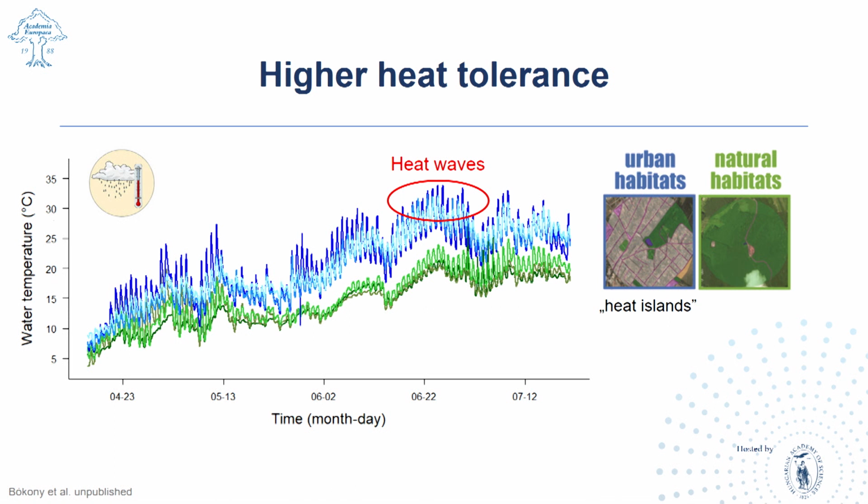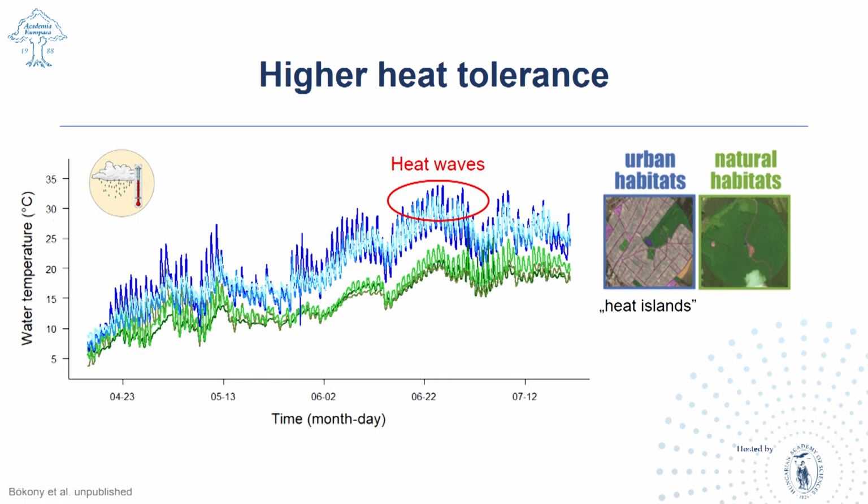There could also be specialized defenses against heat, which is also more frequent in urban habitats due to the urban heat island effect. For example, in this graph, you can see the water temperature in 3 urban and 3 non-urban ponds, and the encircled red part is a heat wave. And these temperatures observed in the urban ponds are actually pretty close to what the tadpoles can tolerate without dying